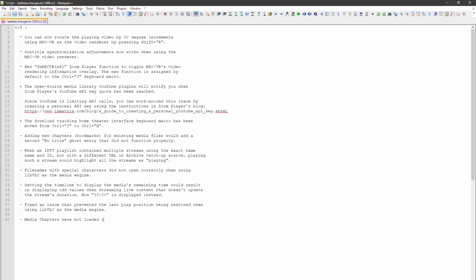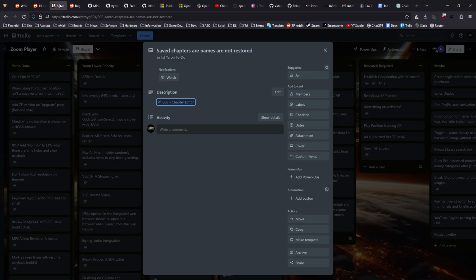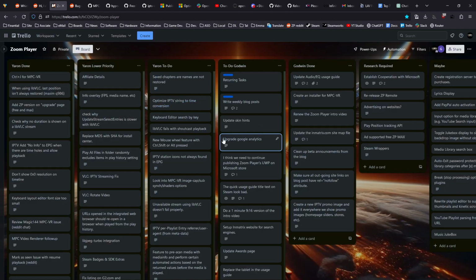Media chapters not loaded correctly in regions where the decimal separator character was. What is? Okay. Let's go here. I believe it's fixed,